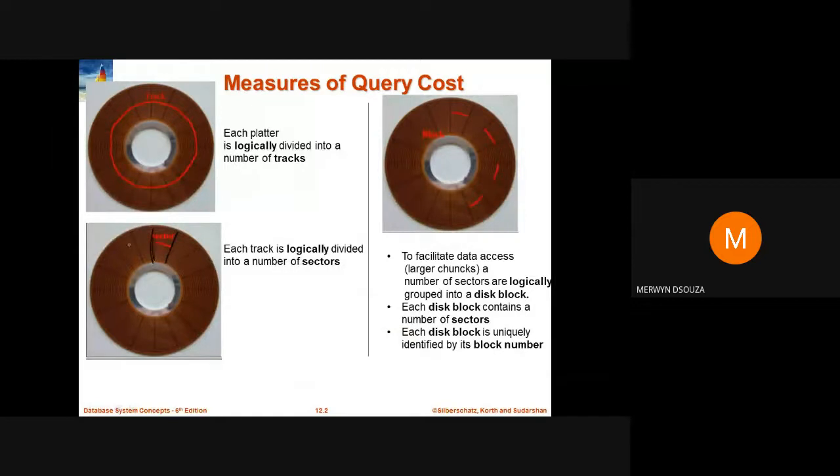So this is one sector, this is the second sector, this is the third sector, and so on. There are so many sectors in your hard disk. So the tracks are divided into sectors,